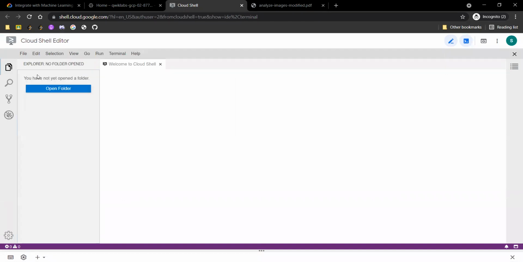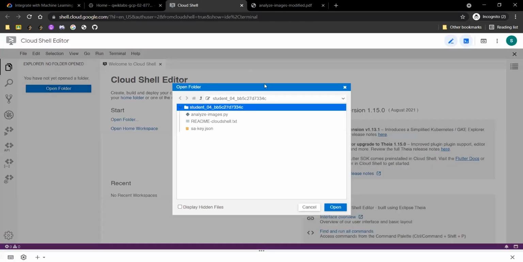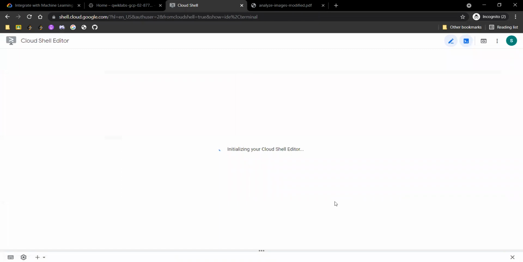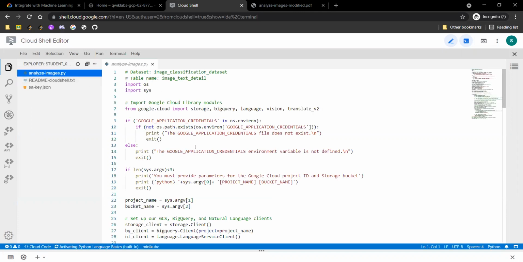Now click on this icon, click on open folder, and just wait for a minute. So yeah, click on open. Click on this file, analyzeimages.py.